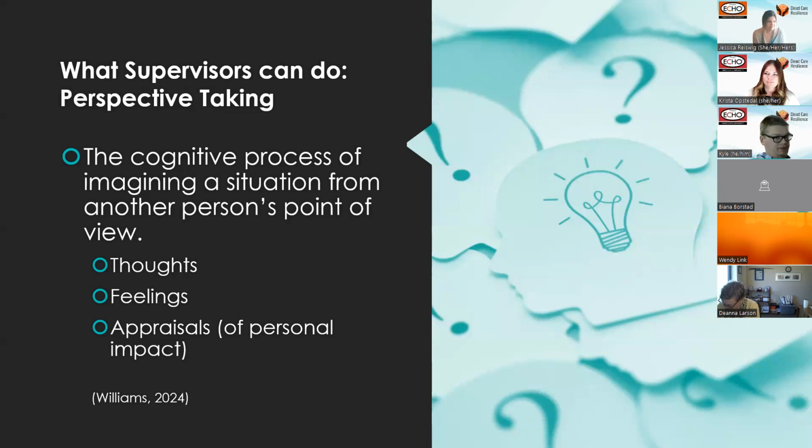So I know most of you are supervisors and case managers, and I want to make the argument that understanding the social determinants of health can really help with perspective taking. In our last session, Dr. Michelle Williams spent some time talking about how perspective taking can help build trust. For those who weren't at that session, perspective taking is the cognitive process of imagining a situation from another's point of view. This includes imagining their thoughts, their feelings, and how something is impacting them. So now that we have an understanding of the social determinants of health, this can help us understand how our different experiences shape our point of view.